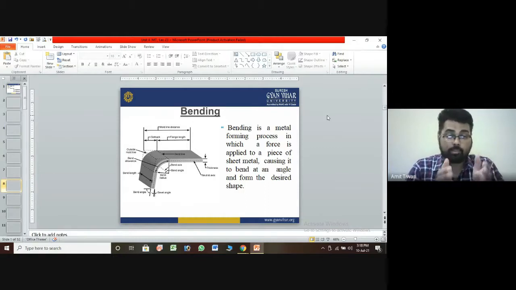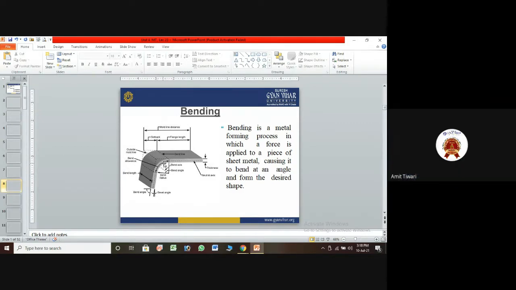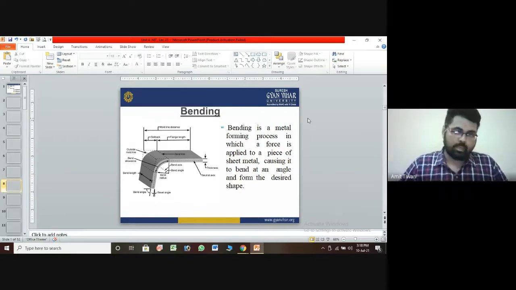You can apply particular pressure on that point with the bending punch and bend to a certain angle. That is the angle which we require: 20 degrees, 30 degrees, 40 degrees, 50 degrees. Whatever bending angle we require to make that section into the desired shape. You can make the angle and just press the holder until the material is completely formed in the shape. So this is known as the bending process, which is very commonly used. It is very simple and not a difficult task to understand. Okay, so this is the bending process.